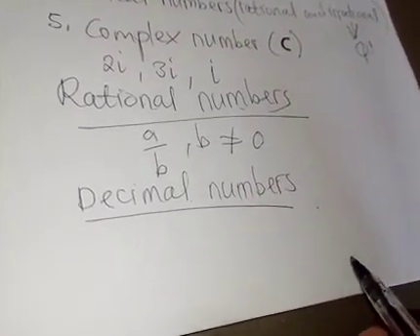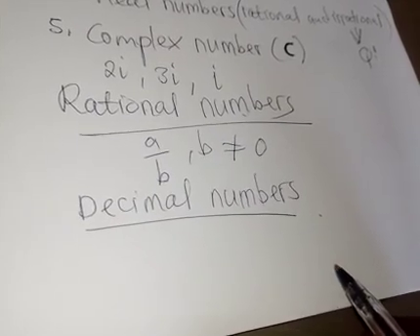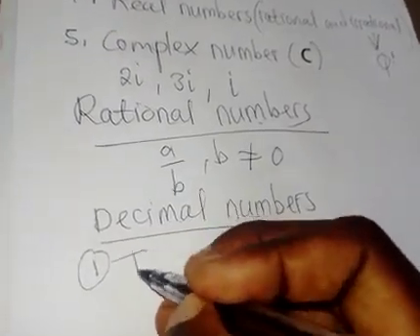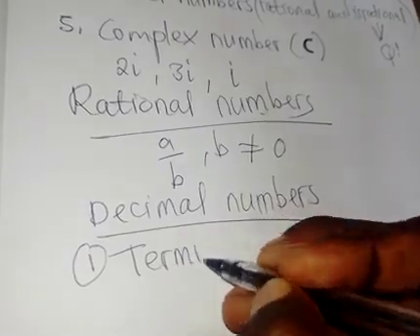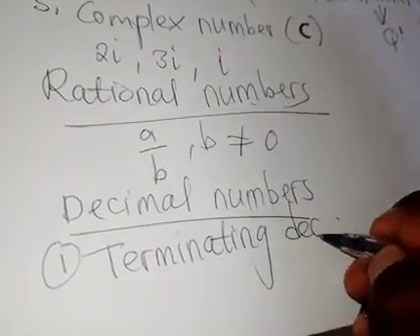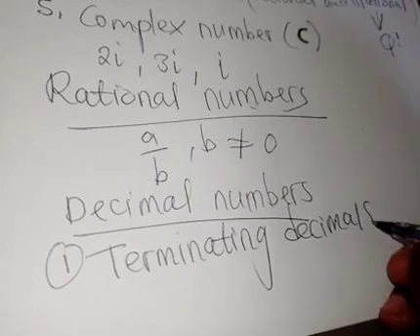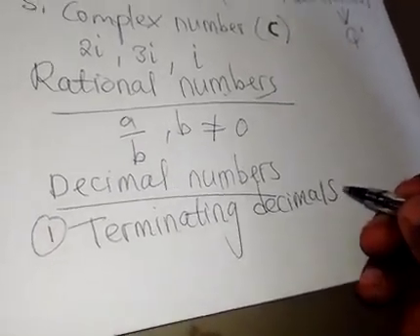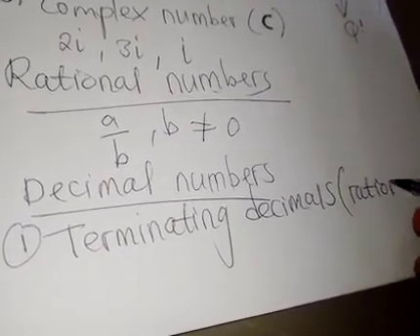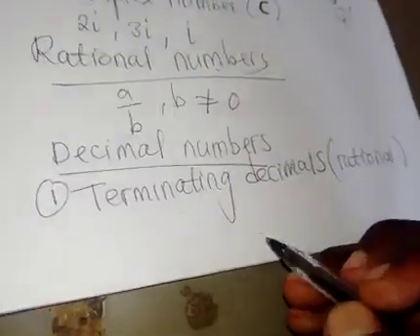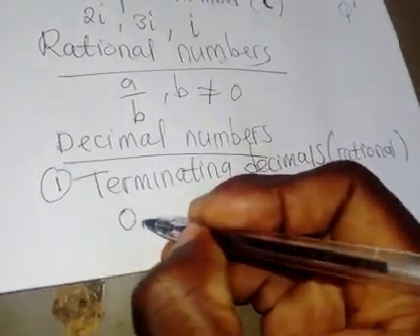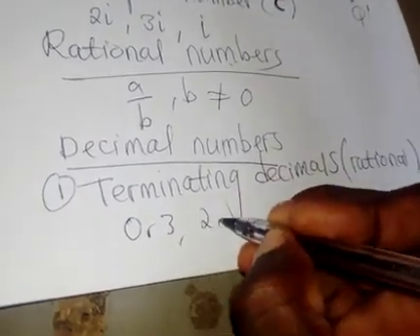These decimal numbers can be grouped into 3 categories. The first one is called terminating. Terminating decimals belong to rational numbers. Examples of terminating decimals are numbers like 0.3, 2.34,